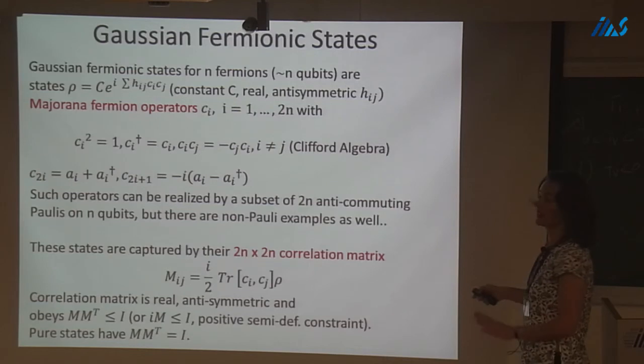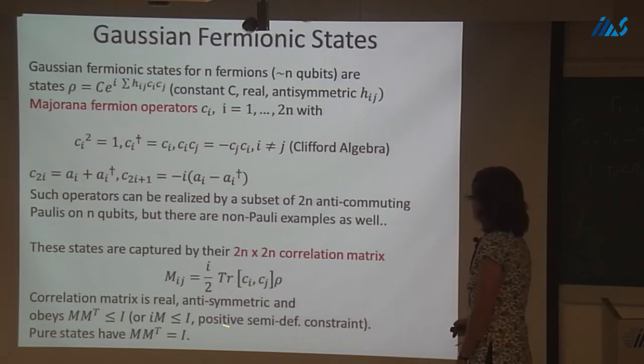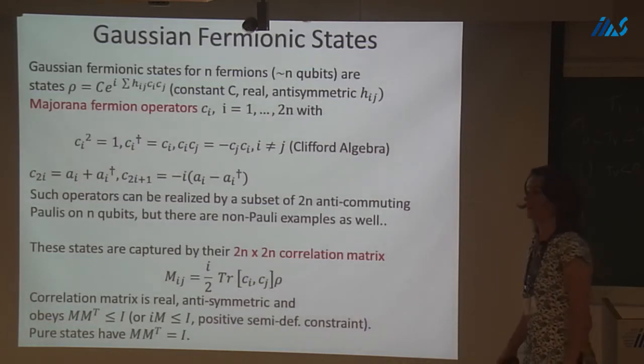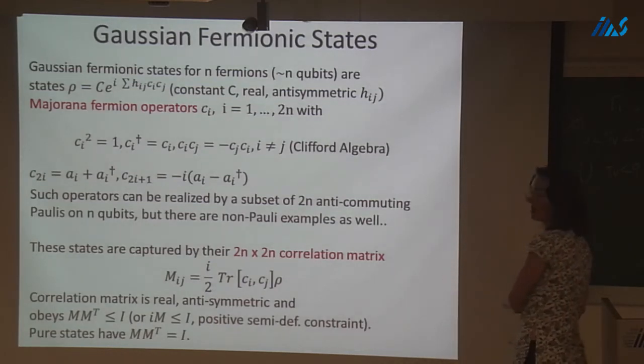Okay, so I have a class of states like this. Now, for any density matrix, not necessarily Gaussian fermionic, I can write down something like the correlation matrix, which is just an expectation value of an operator like Ci, Cj. And this correlation matrix has certain properties that just come from this being a density matrix. What's special about the Gaussian fermionic states is that they're fully captured by this correlation matrix. And that comes from Wick's theorem, which